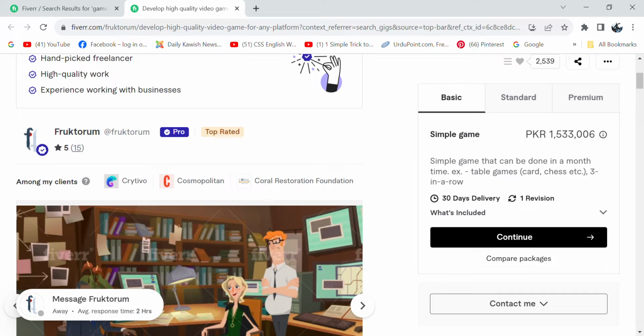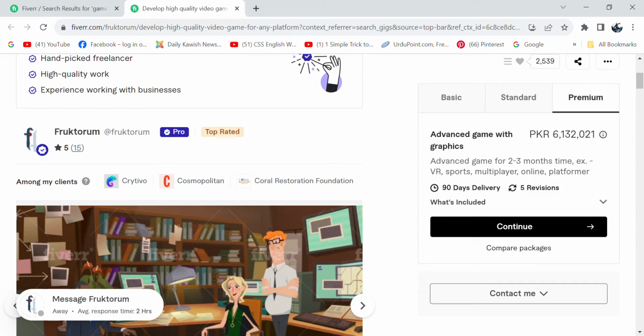So wait, let me count. One stands 100,000, 10,000, lakh, 10 lakh. No, sorry, 15,33,000. Man, he's charging 15 lakh for a simple game, and 30 lakh for a game with graphics, and an advanced game with graphics 61 lakh.